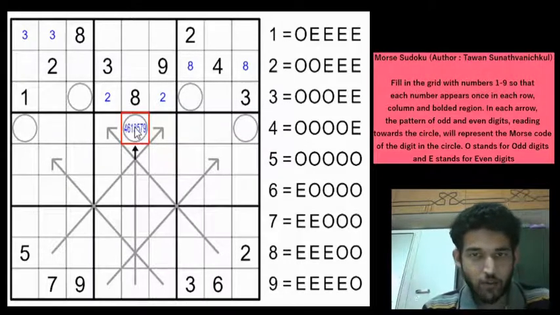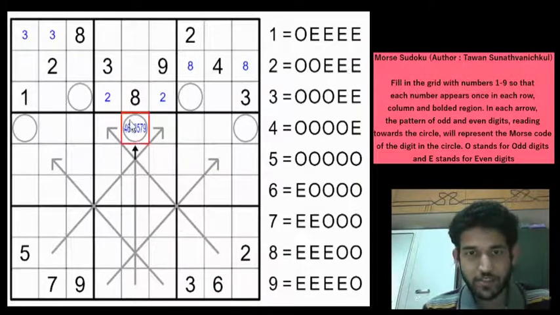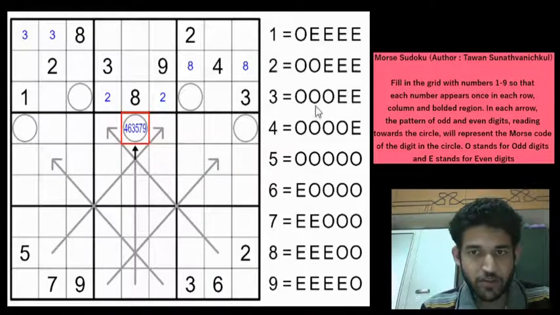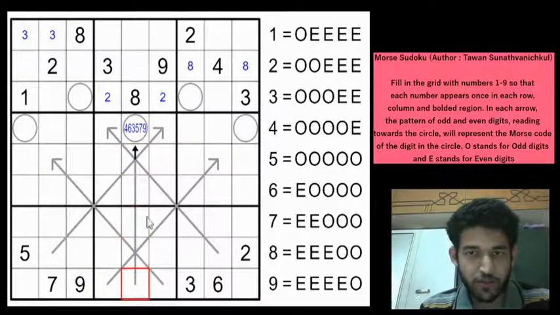Right? Can we have a 1? 1 is straight out of equation, right? Because we have 4 evens in the arrow and we also have an even 8 which is outside. That gives you 5 evens along the column. So 1 is not a possibility. Can we have a 3? 3 is quite possible because we will have 3 odds here and then 2 evens, which is quite possible. So 3 is a possibility.